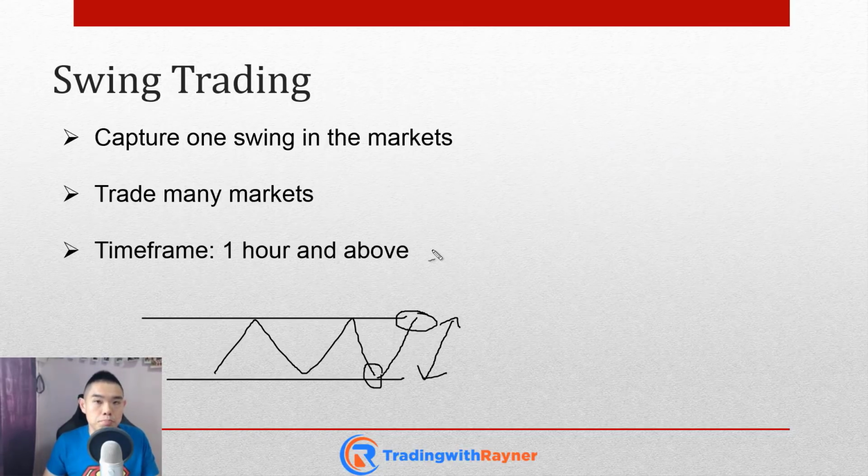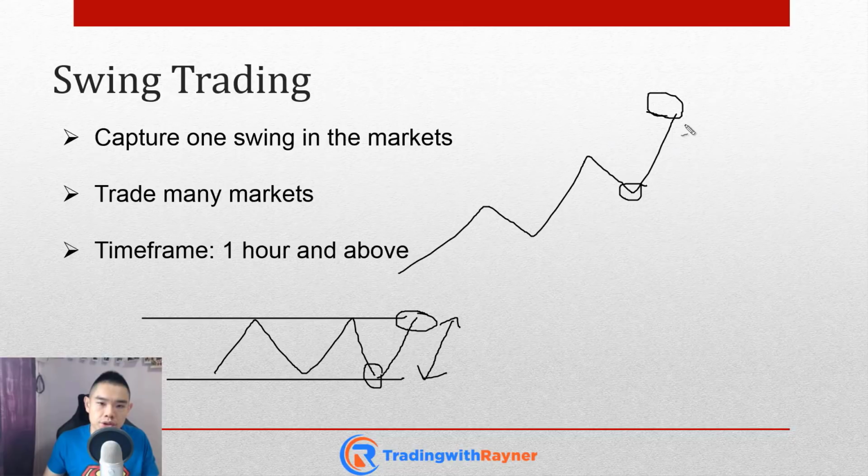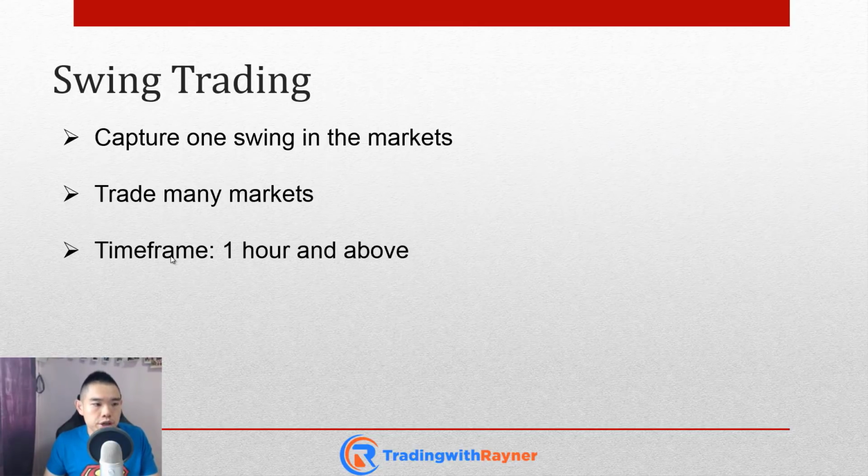Alternatively, the market could be in a trend, like this, higher highs and higher lows. So one swing in the market could be buying near the lows and exiting near the highs over here, and this again is one swing. Now some of you might be thinking, hey Rayner, how do I know where this trending move might end? Well, I'll share with you a technique later on how you can actually predict these highs in a trending market. And as a swing trader, you typically trade off the 1 hour time frame and above,